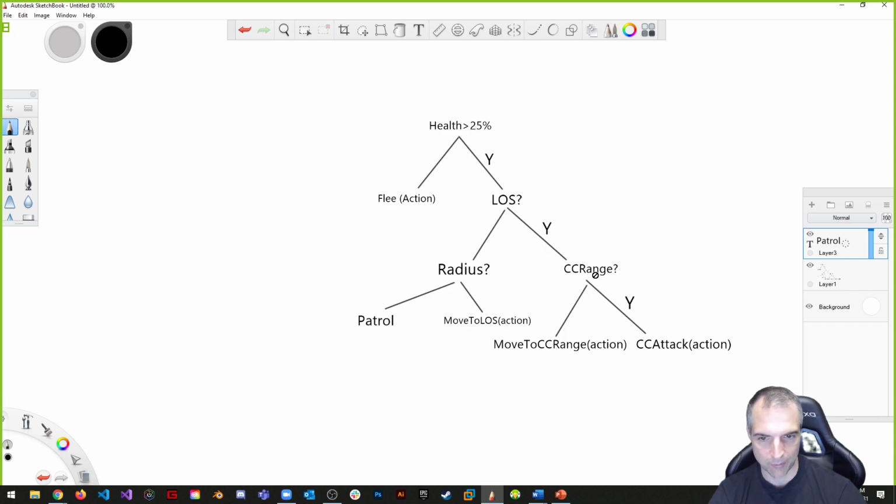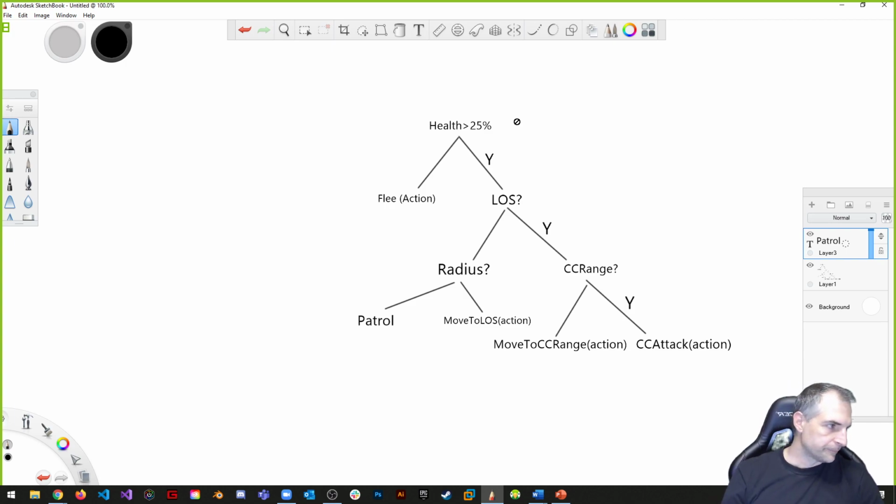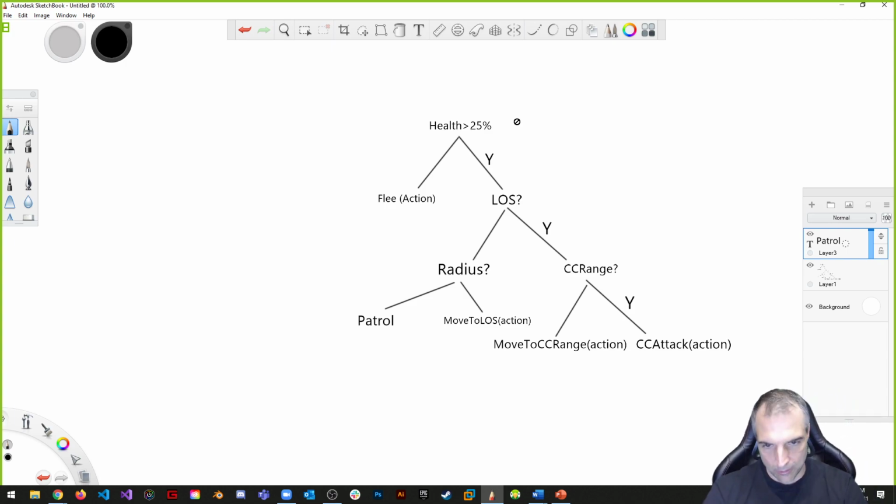Okay, am I in close combat range? No. Move to close combat range. Yes. Attack. Keep attacking. As long as I'm in close combat range, keep attacking. So that's how you could do it. In terms of using the decision tree, it's not balanced. But actually, you could also break this down as two separate